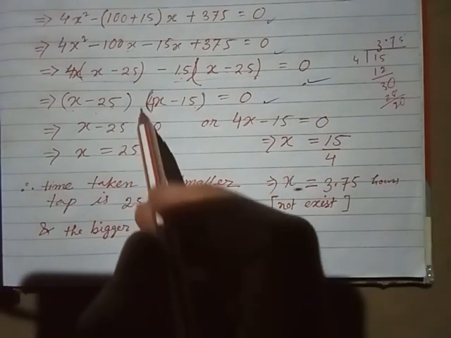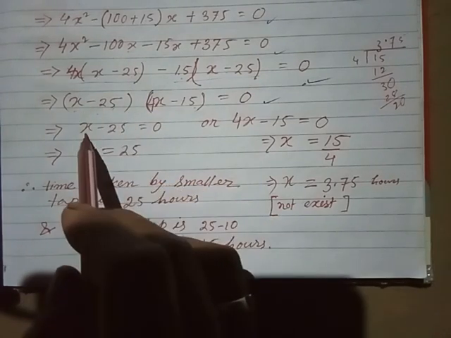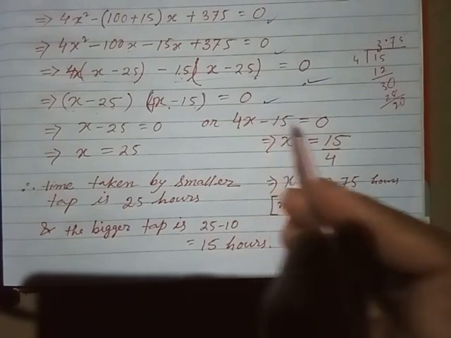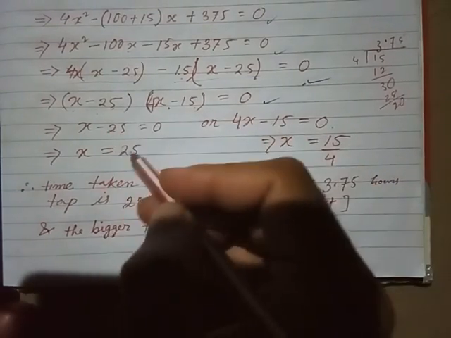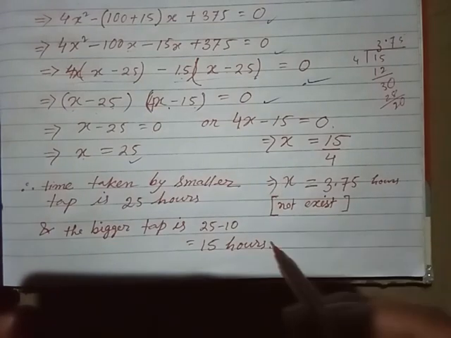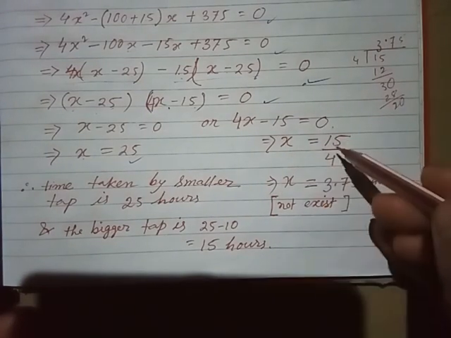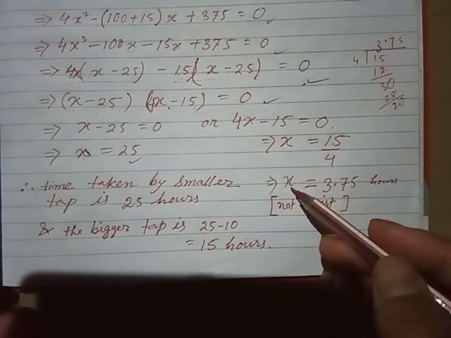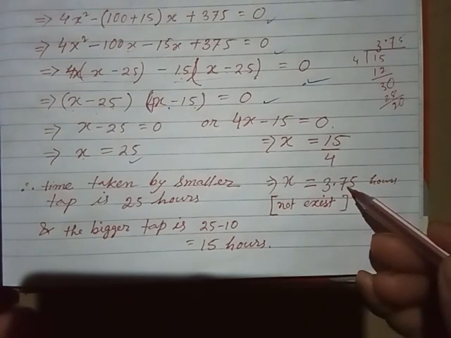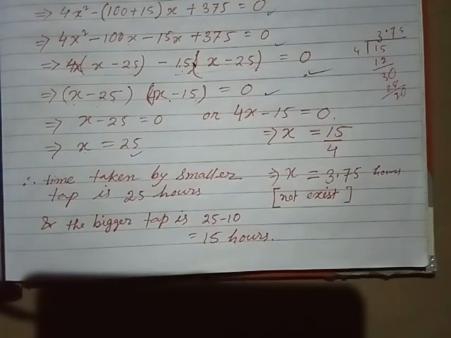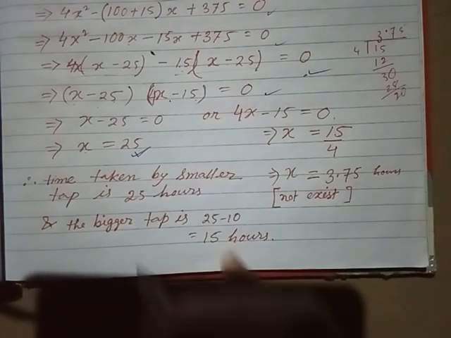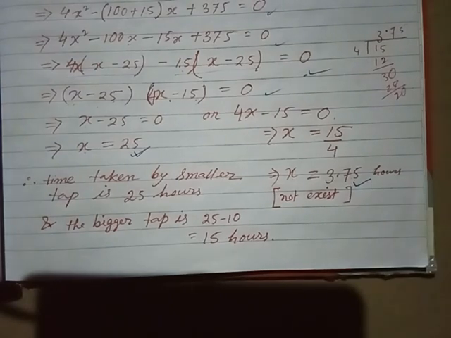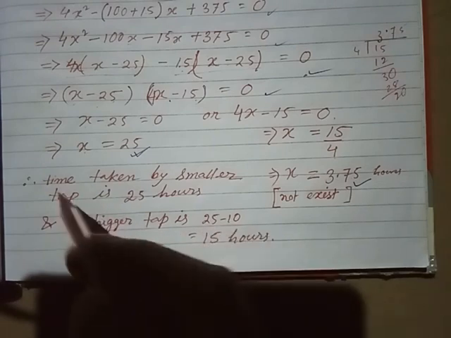Now here I get two conditions. One is x minus 25 equal to 0, another is 4x minus 15 equal to 0. And from the first condition I got x equal to 25, and from the second condition I got x equal to 15 by 4, that is x equal to 3.75. Now I got the x values, one of the x values is 25, another x value is 3.75. One thing you remember, x means